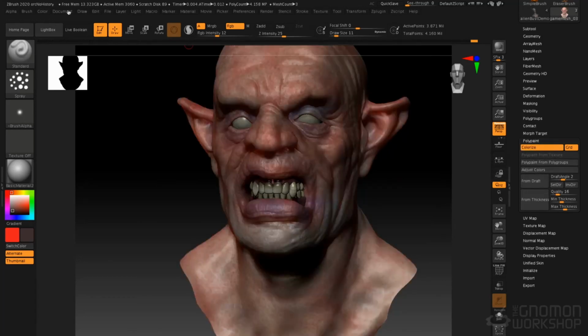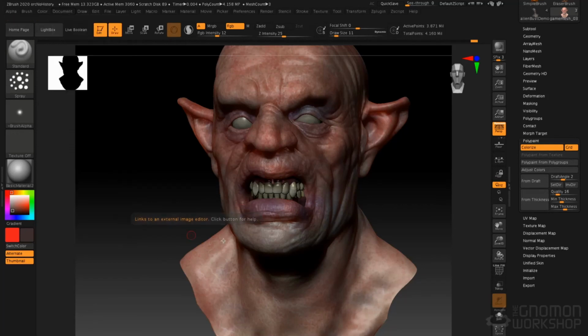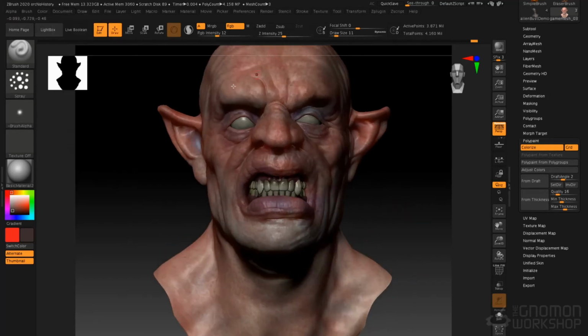Also, there is another video on Z-App-Link, which is found under the document menu. Z-App-Link allows us to texture using all the tools inside of Photoshop and the tools in ZBrush. So it's a really powerful way of leveraging the strengths of both applications. So I recommend that you go check out that video as well, because there's so much you can do with Polypaint. But the purpose of this lecture was to give you the basic understanding of how to set up your brushes and how to go about